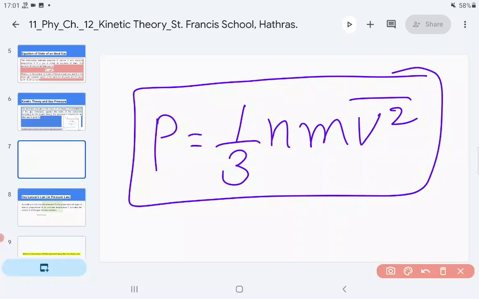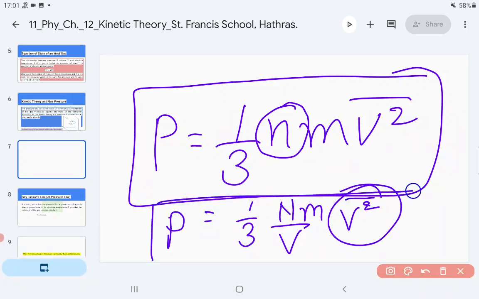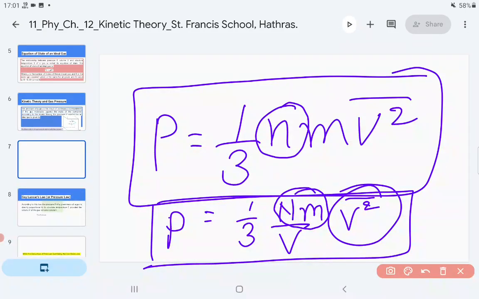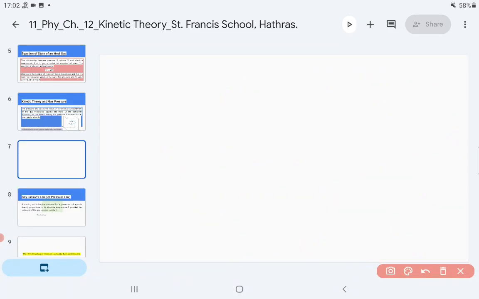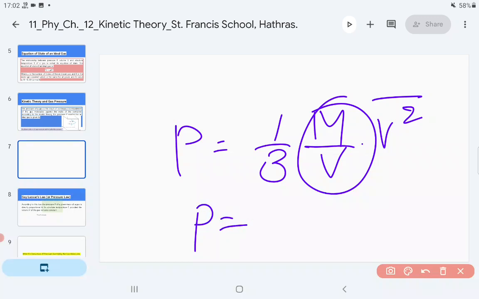Now we also studied another form of this formula. Here n is the total number of molecules per unit volume. So if we write 1 upon 3 capital N, the total number of molecules, in place of small n, into m v mean square. Here v mean square is the mean square velocity of all the molecules colliding with the walls. Here Nm is the total mass, because N is the total number of molecules and m is the mass of one molecule. So Nm is the mass of the whole gas, capital M, right? And then we replaced it, P equals 1 upon 3 M upon V into v mean square, and this we called the density of the gas. Okay, this we have already done.